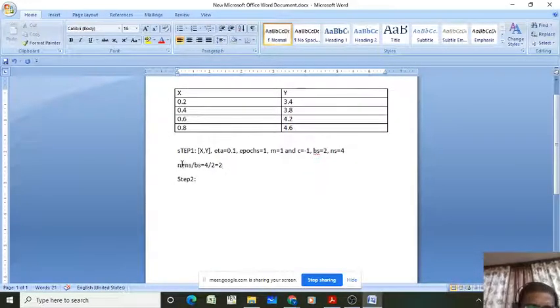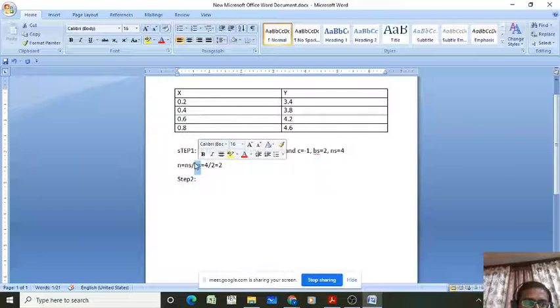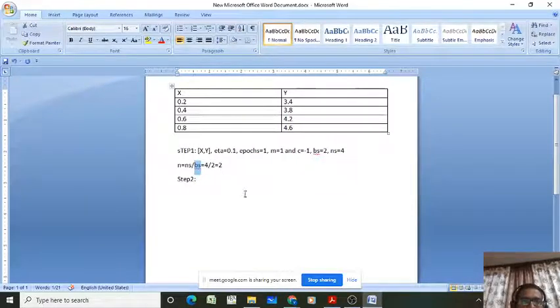As the total number of samples is 4 and batch size is 2, the total number of batches is 2. So in each batch we have 2 samples, 2 into 2, all 4 samples, right?